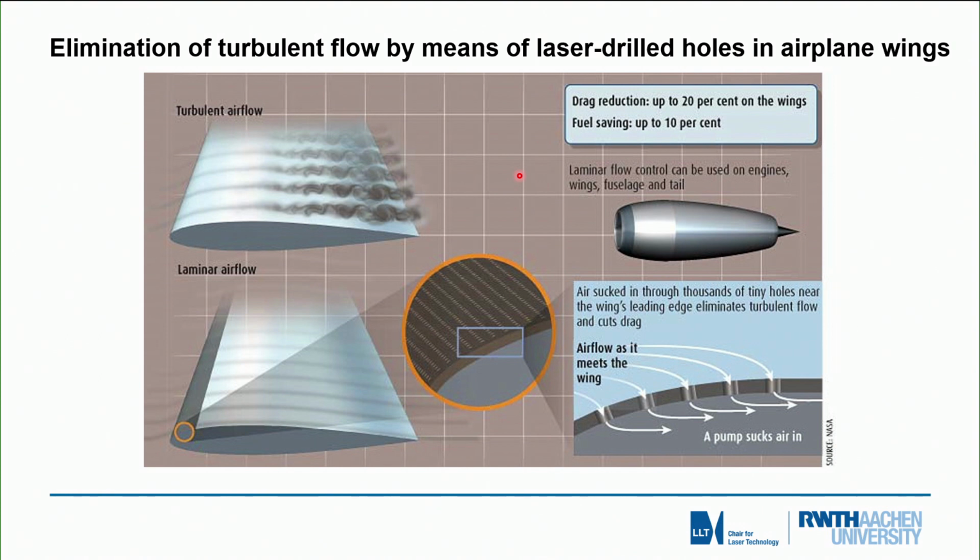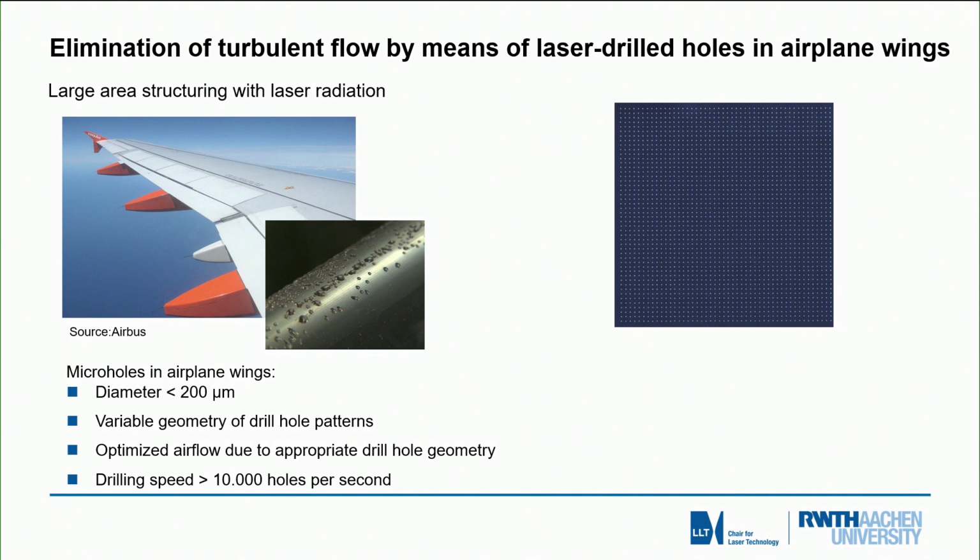What we need to do for that is we need to drill a lot of holes into these air wings. And by a lot, I mean something like 100 billion per airplane. So we need high power, ultra fast lasers, which make the process scalable in order to perform such perforation on an industrial level. We would need something like 10,000 holes per second in order to get this done in a limited, proper time. On the right-hand side here, you see a picture of